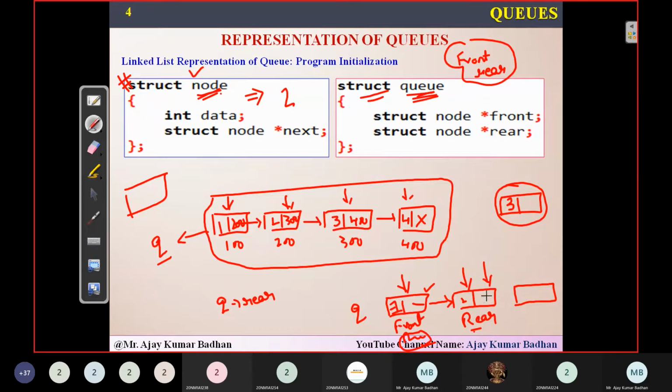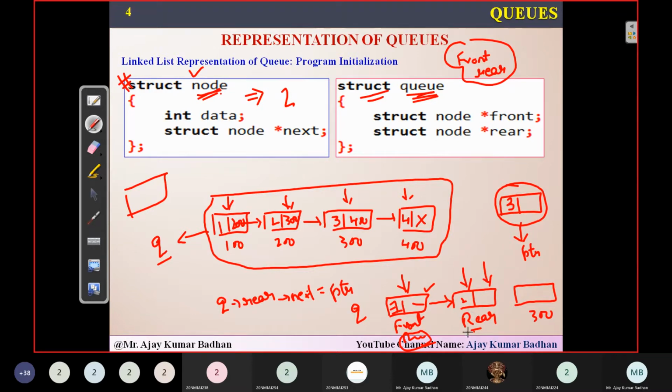So queue of rear, rear is here. So rear, this is the next block, right? So queue of rear next equal to whatever the new node I have created. This is the new node I have created. Let us suppose I'm using a variable pointer. So simply I'll call pointer. What is the address we have here? 300. Now 300 will be stored here because this is a queue.